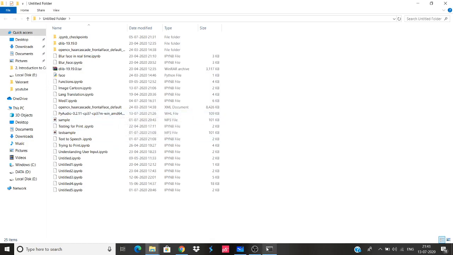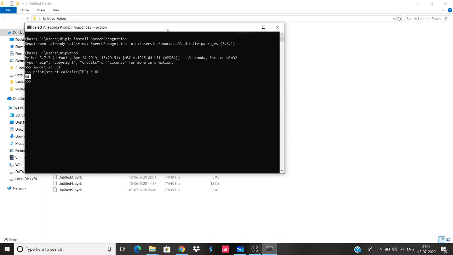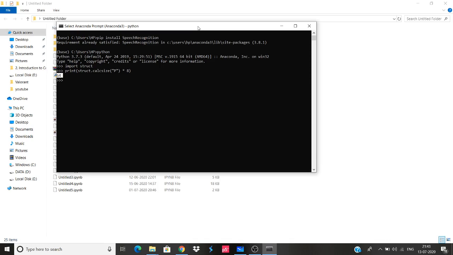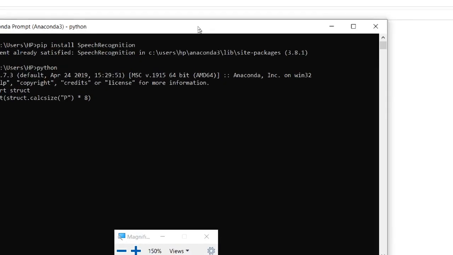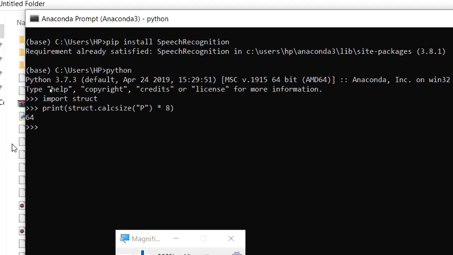Now for you to install it, the next step is we'll exit from Python so that we can go forward and use pip install. Let's exit from here.